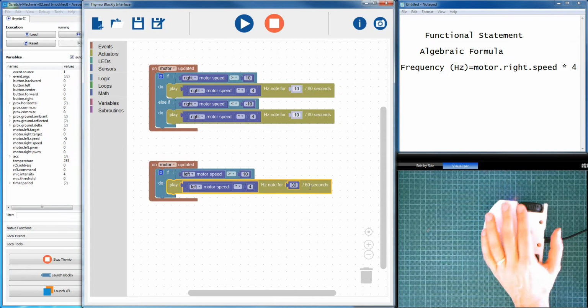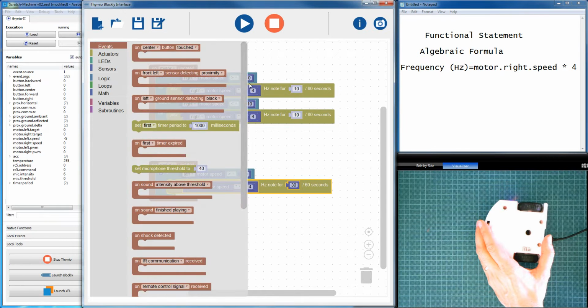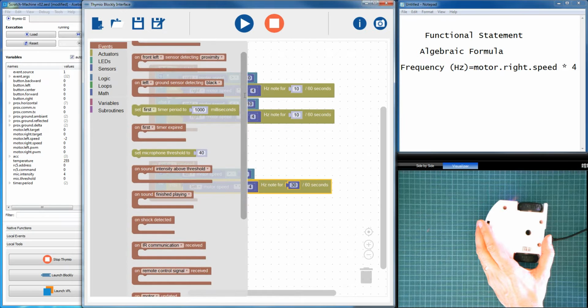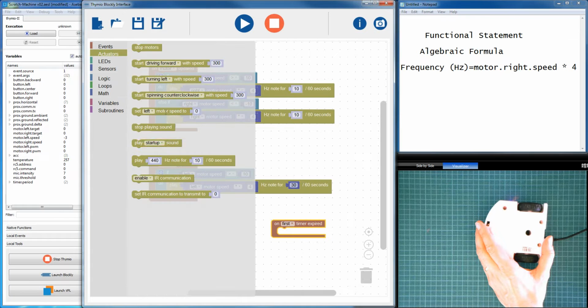So what I want to do is not constantly monitor this, and hence not constantly have the sound changing and replacing the previous sound before it's finished. I want to have some kind of time delay happening here. So let's see, how am I going to do that? Well, if I go to the events, there is something here about timer expired, so maybe I can use that. And also up in here as well in actuators, there's something about